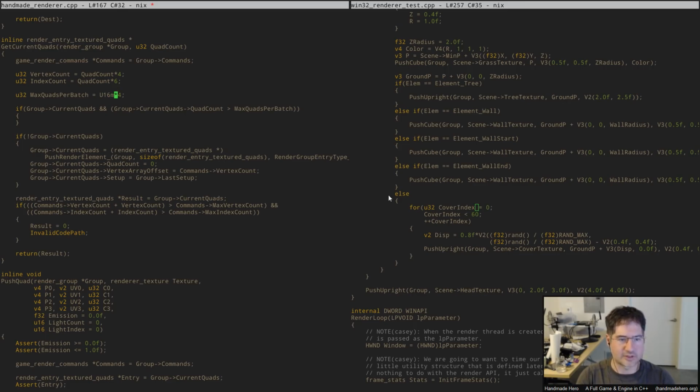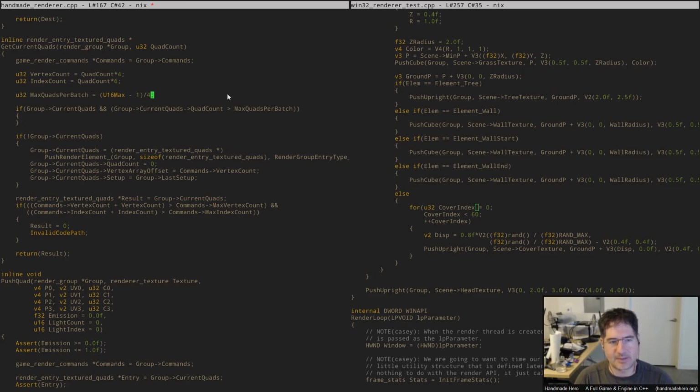So what we want to say there is, look, if the maximum thing that can fit in a U16, and maybe I'll subtract 1 from that, because I don't actually want to ever fill entirely the space, because if we ever did want to use primitive restart, I'll just leave 1. So if the maximum number we could hold in a 16-bit integer, more or less,